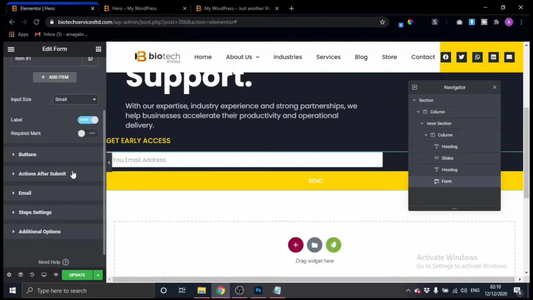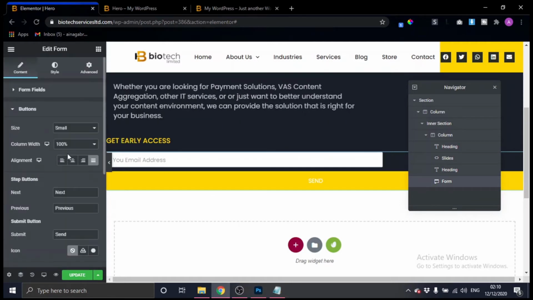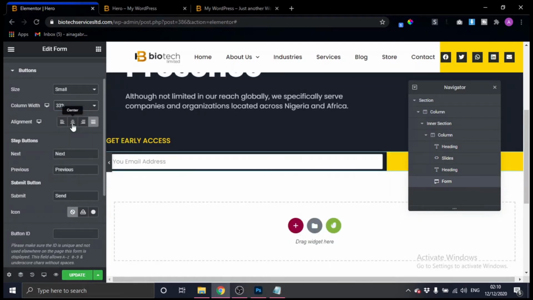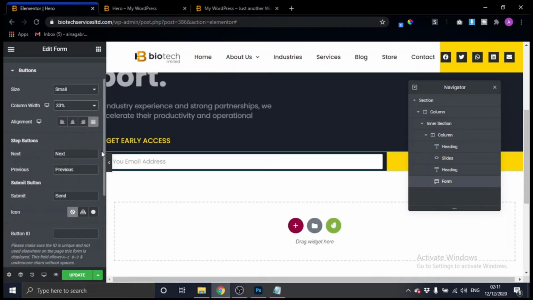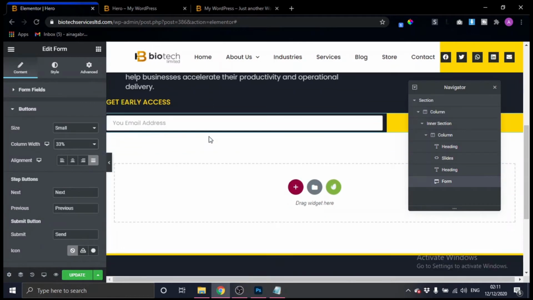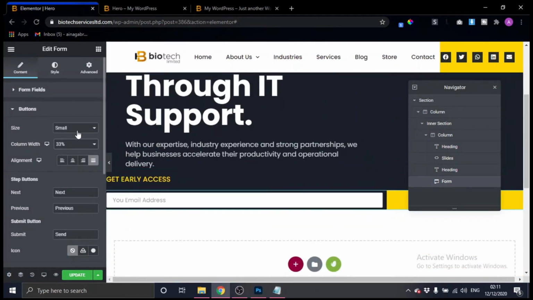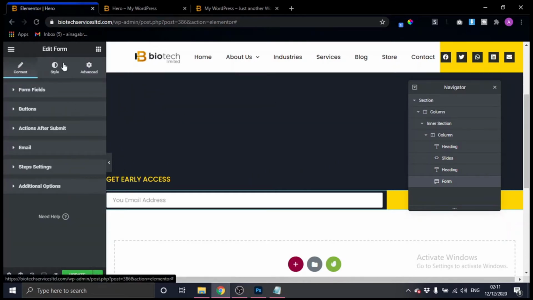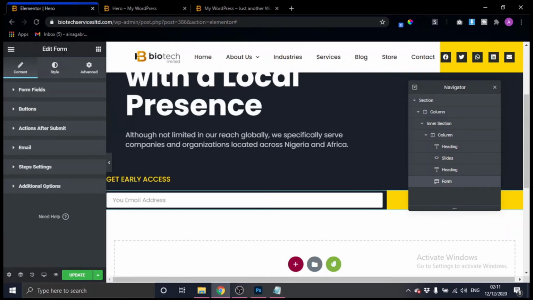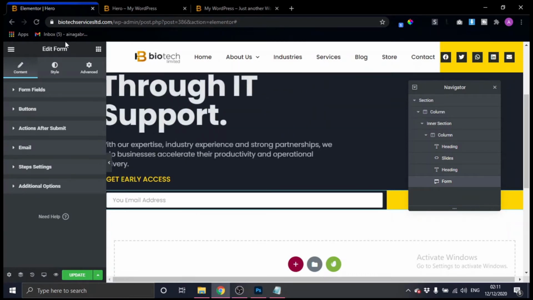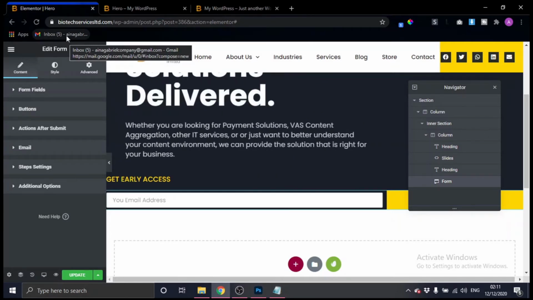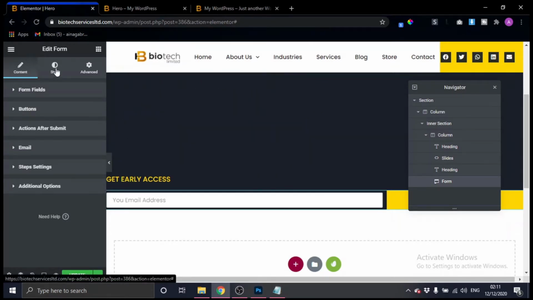Okay, so what you want to do now is come down to the buttons right here, and also give this a 33 pixel right here. Okay, this looks good. Yeah, it looks good. Okay, now let's go to the style section.